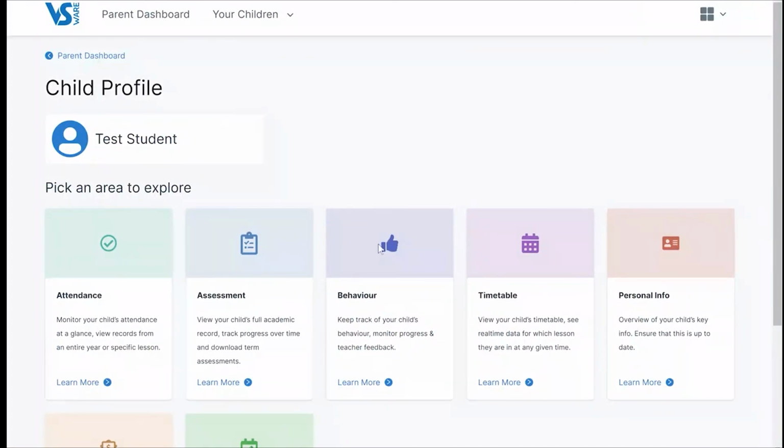particularly if for some reason your child has been assigned a detention, but it's also a great way to check and see the positive comments that are coming in about your child's performance. But then in terms of academic achievement and in terms of the report cards, we see the assessment section is where you'll find that information. Again, if you have more than one child, you just click on the Your Children aspect at the top, and over on the right hand side then you'll see you just have the option